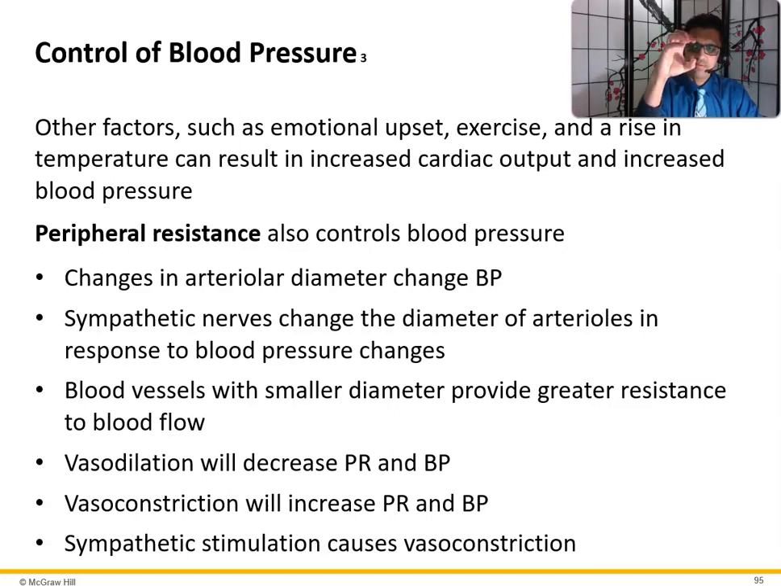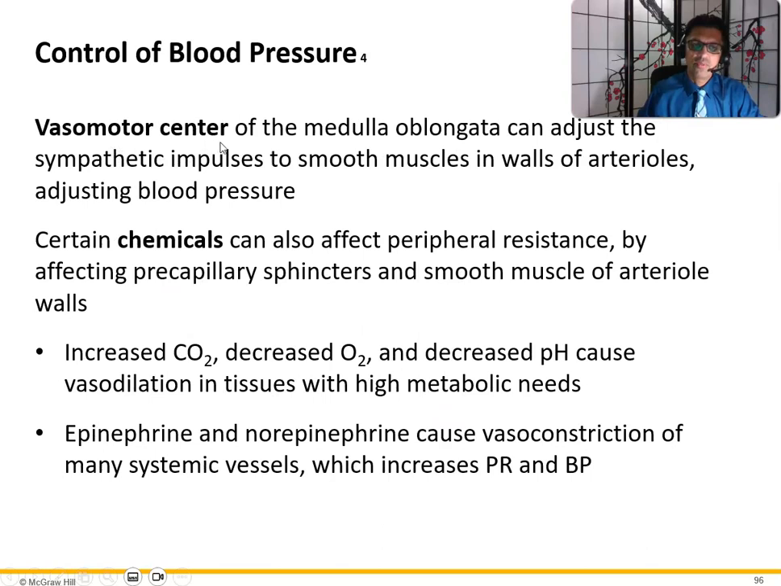Vasodilation, right? You want the arteries to be nice and open and big, will decrease peripheral resistance and blood pressure. Vasoconstriction will increase peripheral resistance and blood pressure. Sympathetic stimulation causes vasoconstriction. The vasomotor center of the medulla oblongata can adjust the sympathetic impulses to smooth muscles and walls of arterioles, adjusting